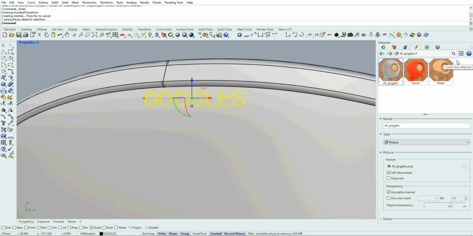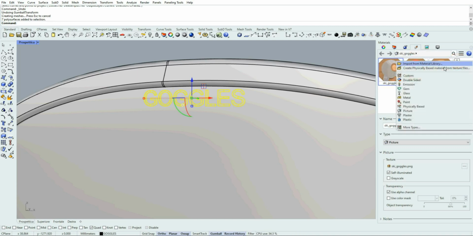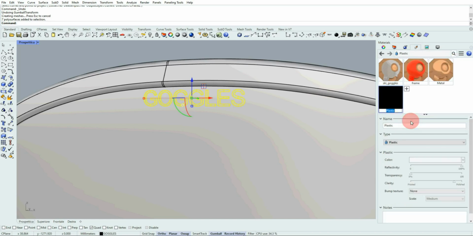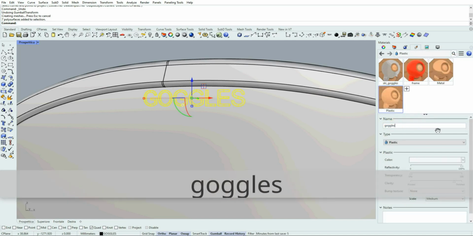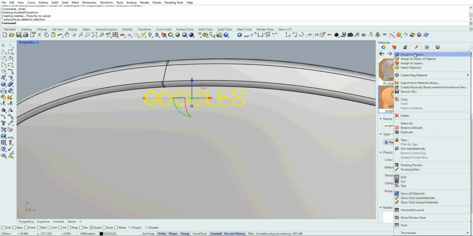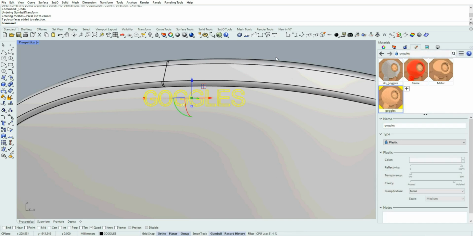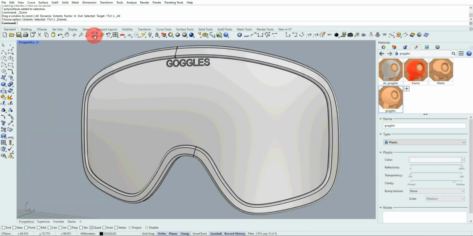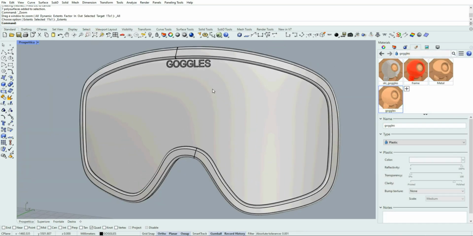I'm gonna create a new material for this object. In this case also I can create a plastic material. Maybe I change the name just to make it clearer. Okay, I assign it to that object.